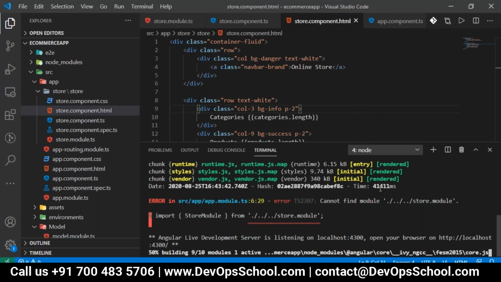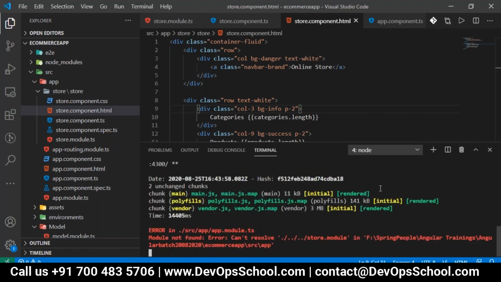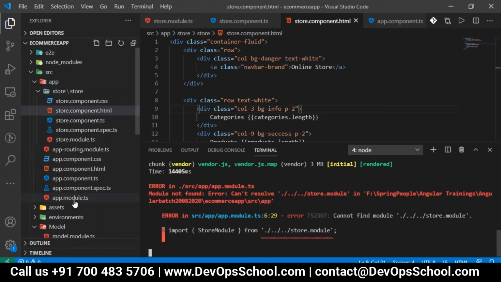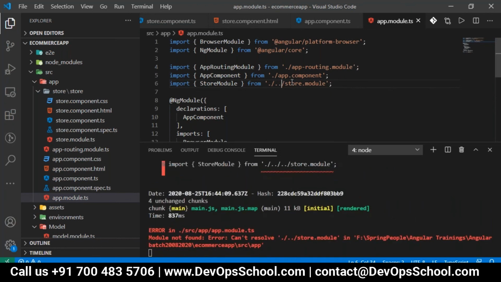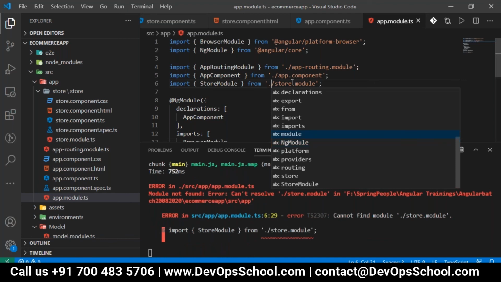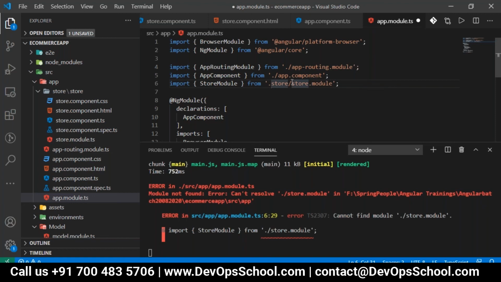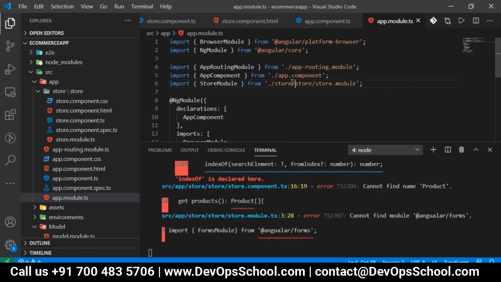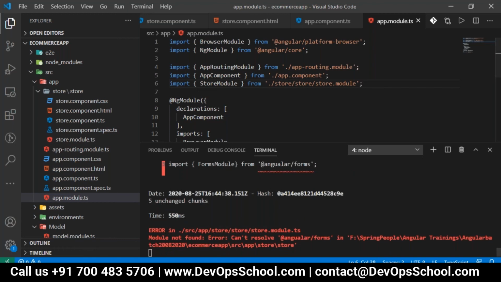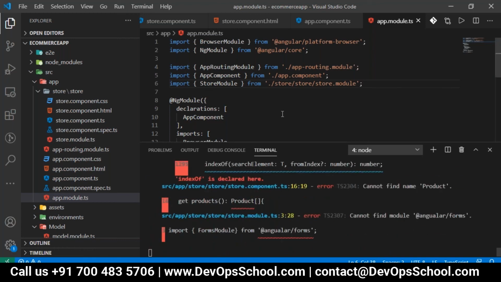Some error with store module. Cannot resolve store module. Cannot find. Okay, maybe I've written some spelling wrong.